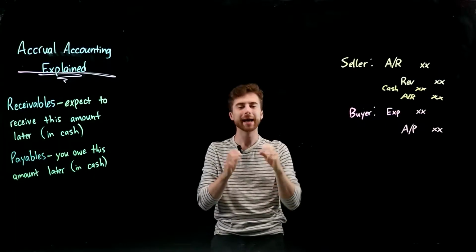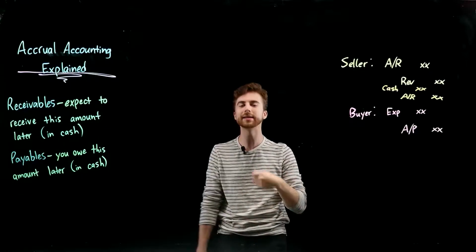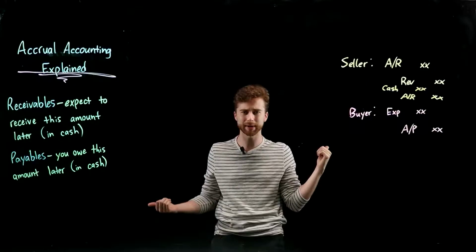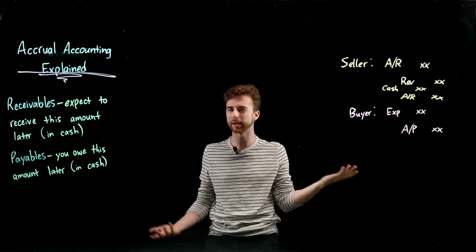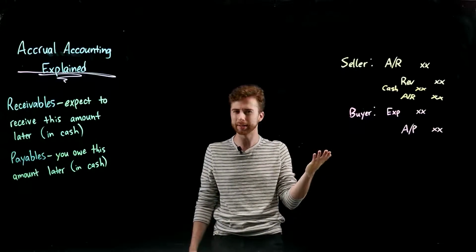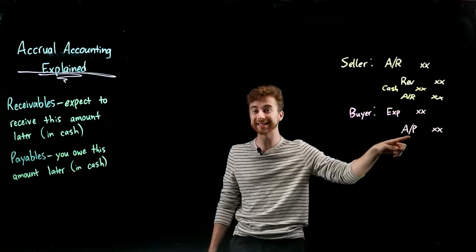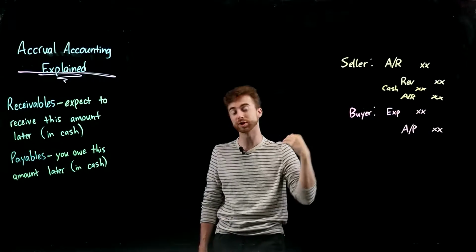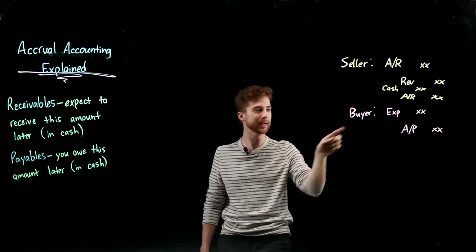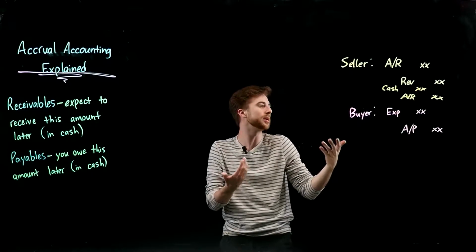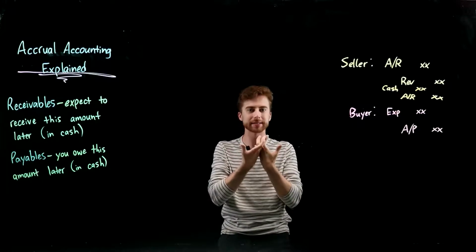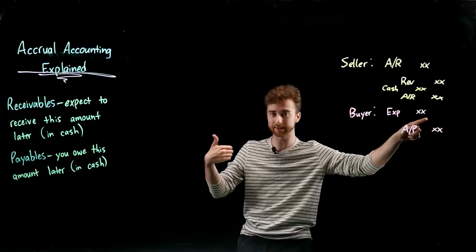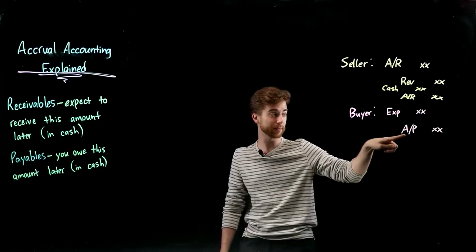I'm recognizing that, hey, cash isn't going out the door right now. I didn't give you green dollar bills, so I don't get to credit cash right now because I still have cash in my account. It hasn't gone out the door. I'm not going to decrease the balance in something that didn't decrease. But what I am going to recognize is a liability of an accounts payable. So payables are going to be liabilities, which thus increase with a credit, right? So I basically am getting this product, I'm recognizing the benefit I get from the product, so I expense it with a debit, I increase the balance in an expense account by debiting it, and I credit my accounts payable.